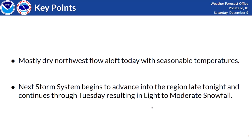Looking at the key points during this forecast period, we'll be under a mostly dry northwest flow aloft today, and that'll bring us some seasonable temperatures. We'll see moisture spilling over the top of that ridge starting late tonight and continuing through Tuesday as the next storm system approaches from the west. As a result, we'll see some light to moderate snowfall in some of the northwest-facing mountains of the central and